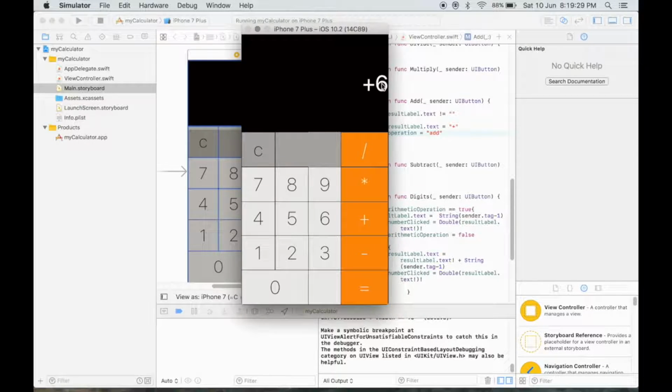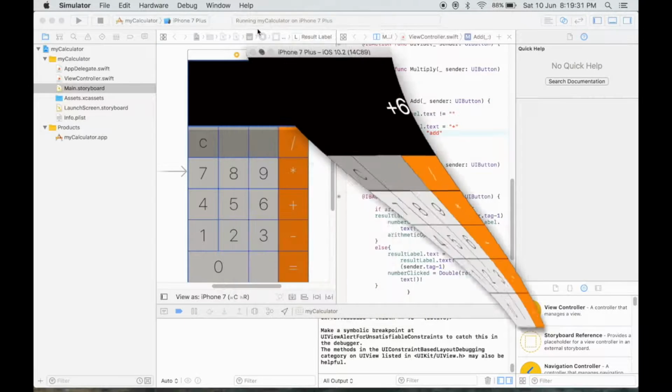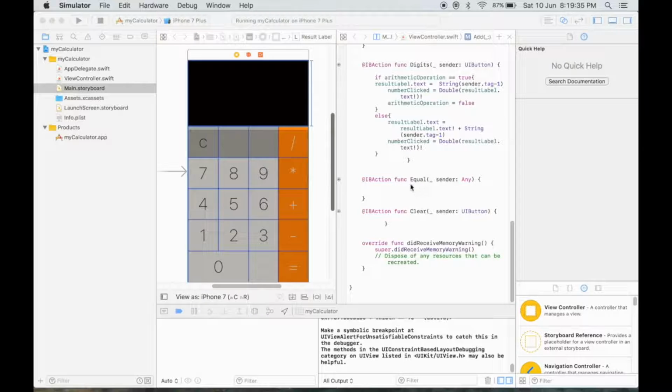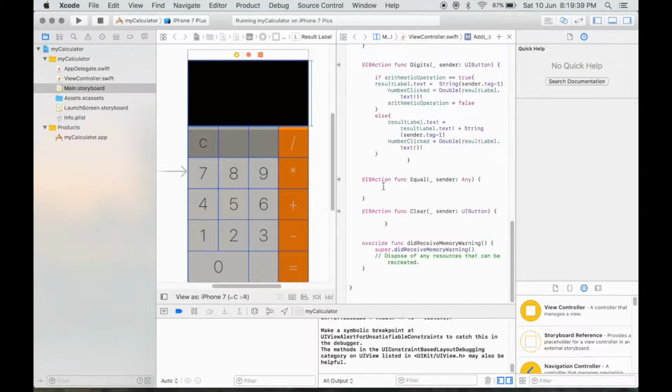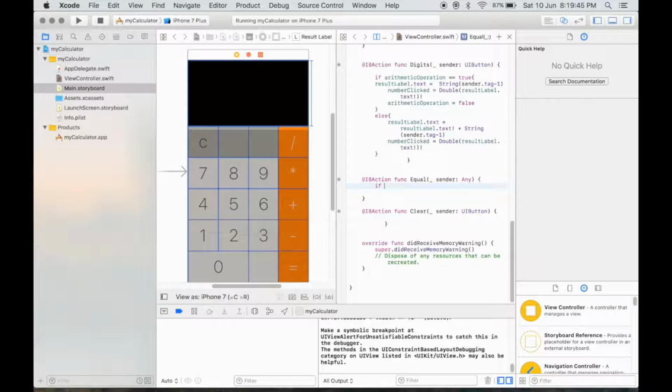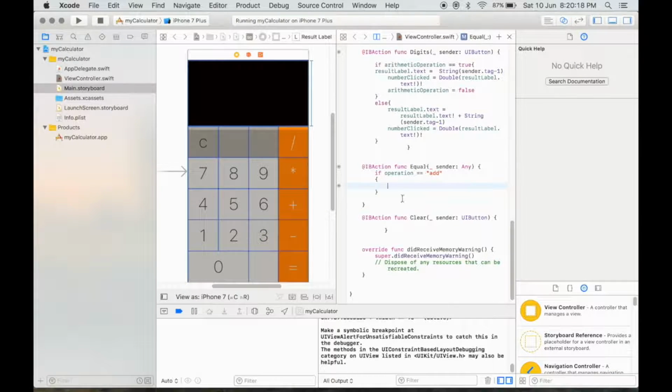Now we will write the equal function. In our equal function, that is the function written for the equal to symbol, we will first check for the operation. So we'll see if operation is equal to add. We have to display the addition of two numbers.